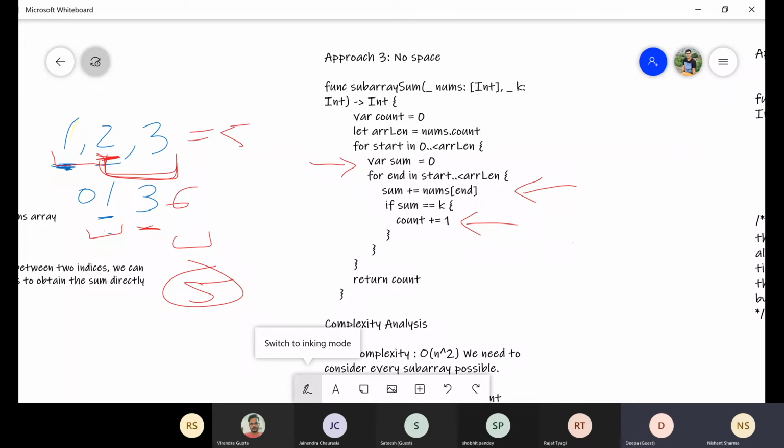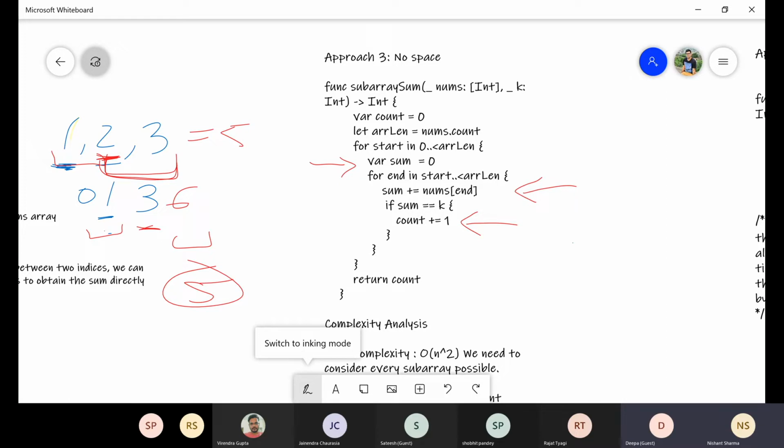Now in the third approach, which is a no space approach, we take one variable, and that variable is initialized at every subarray initialization, which is the starting point of a subarray. It updates the sum variable as we traverse that particular subarray using another for loop, where the end is less than the array length.